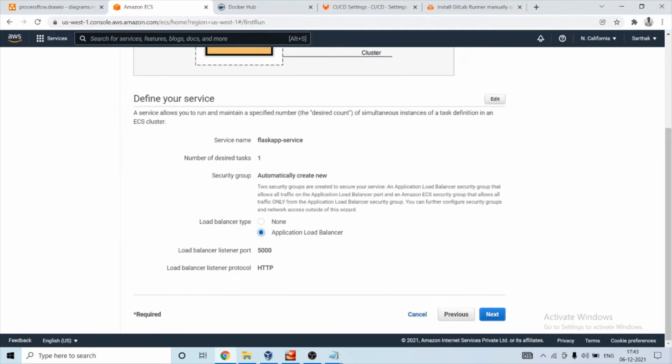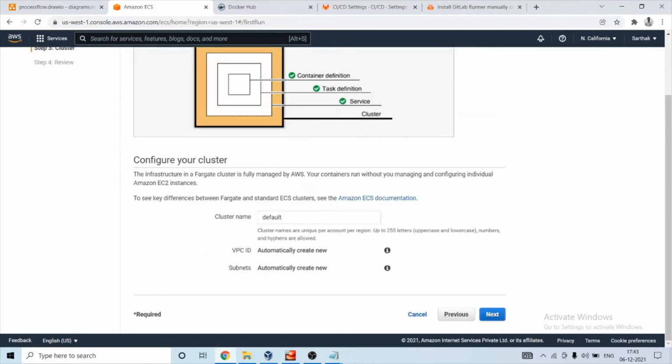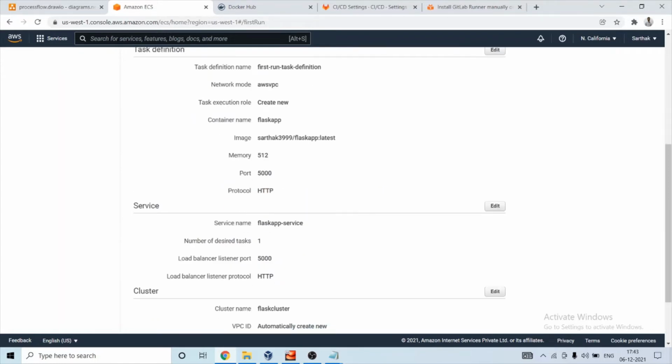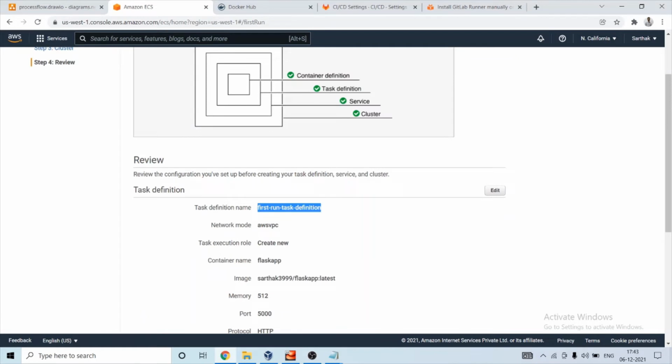Load balancer. It will cost you a bit when you select this option. 5000 HTTP, name of our service. Let's give a cluster name, Flask cluster. Click on next. So this is our summary.